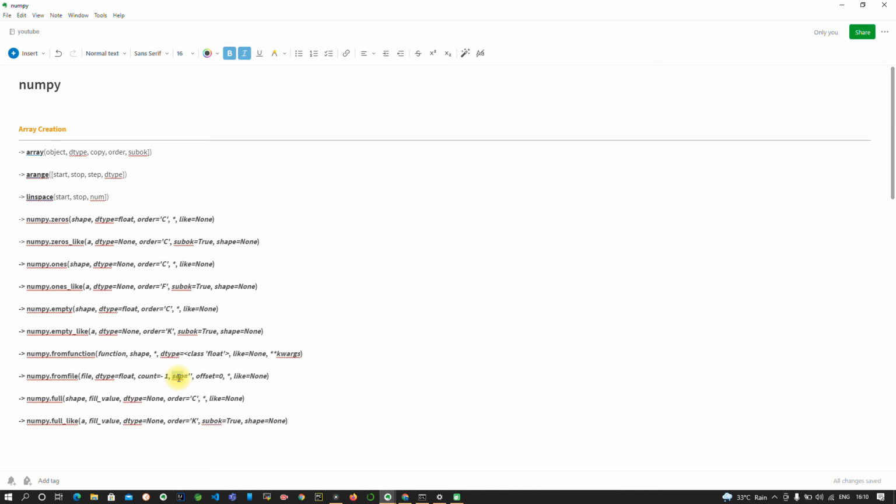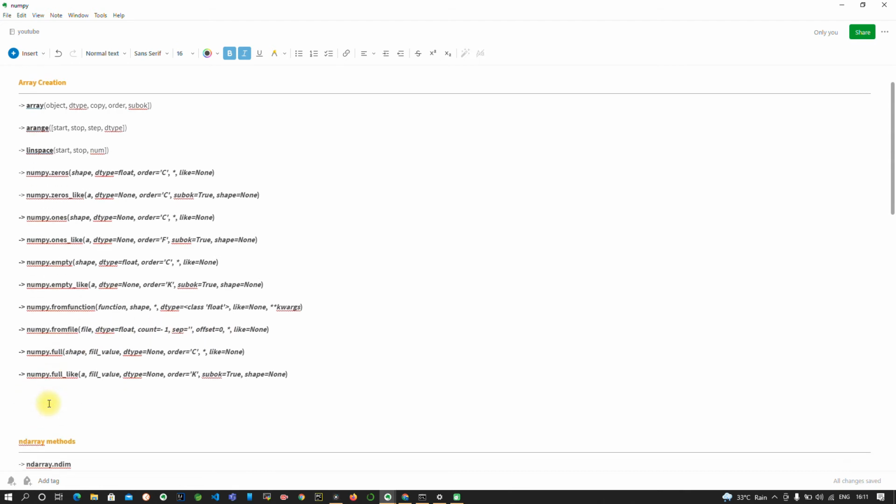Or if your data is separated with spaces, then you have to give a string literal with a space. So basically the separator tells that, and the offset tells the file's current position. The default is 0. If you don't mention it, the default value is 0.